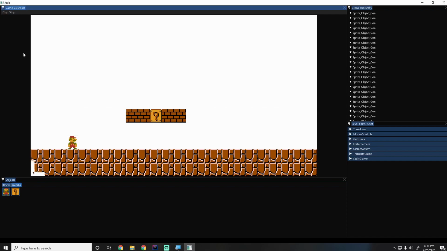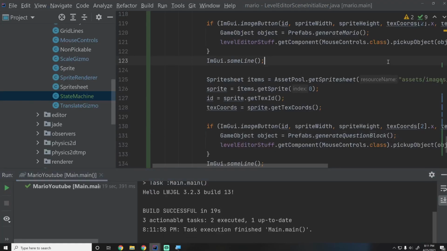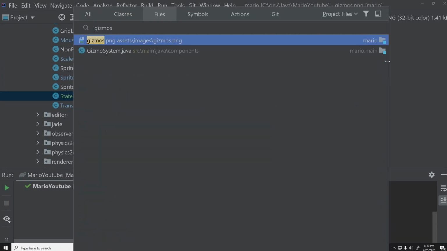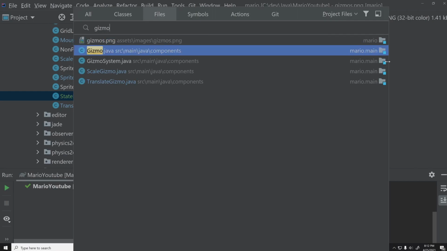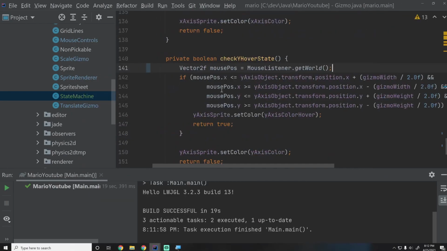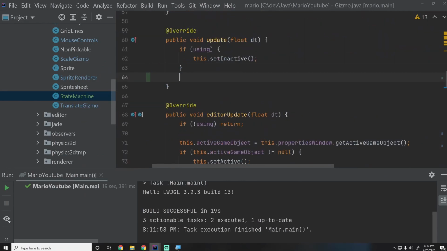One last thing I will mention very quickly. Notice this little glitch here. We see the gizmos. That is what that is. That's the gizmos, and we don't want them showing up when we're not playing. So just go into Gizmo real quick. Gizmos, or Gizmo system. Maybe not Gizmo system, but if we go into Gizmo itself right here, then in the update method, we can say if